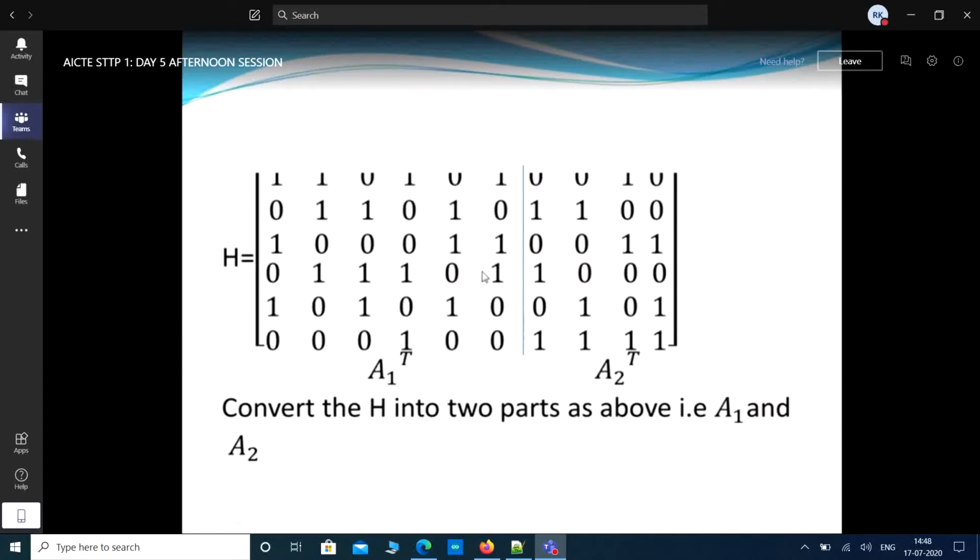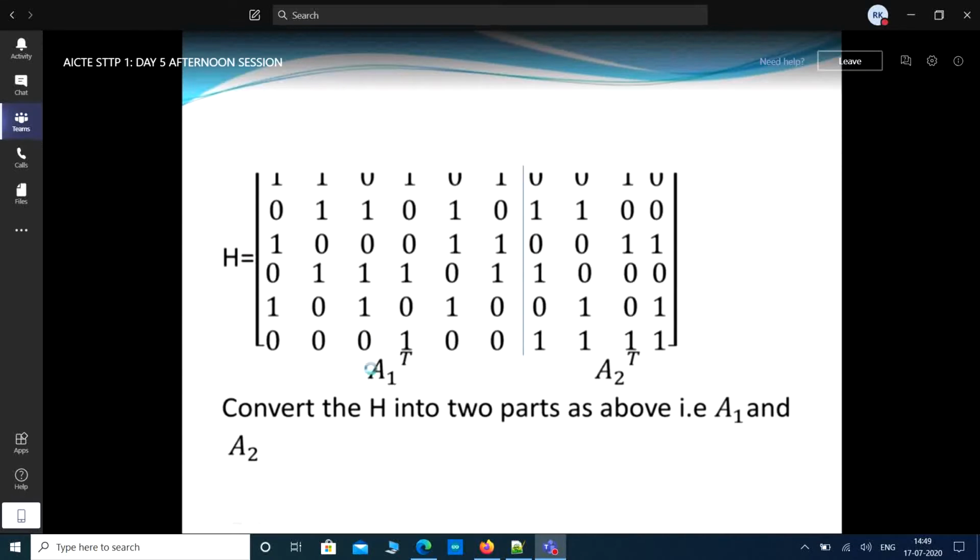So it is divided into 2 matrices. One is n minus k by n minus k. N is 10 and we already found that k is equal to 4. N minus k, 10 minus 4, is equal to 6. 6 by 6 matrix: 1 2 3 4 5 and 6. It is a 6 by 6 matrix.